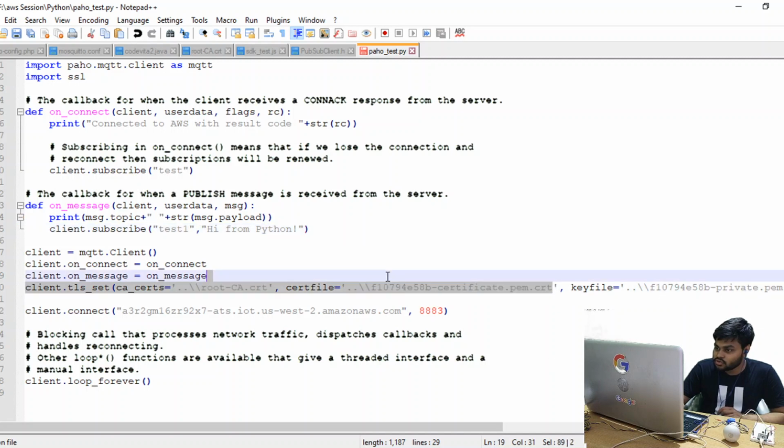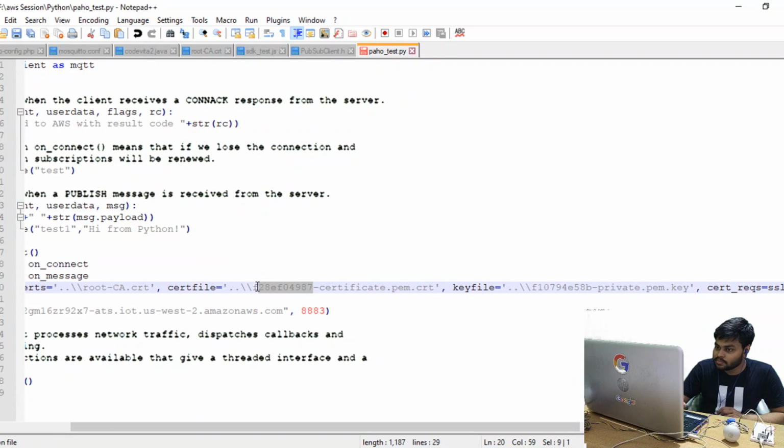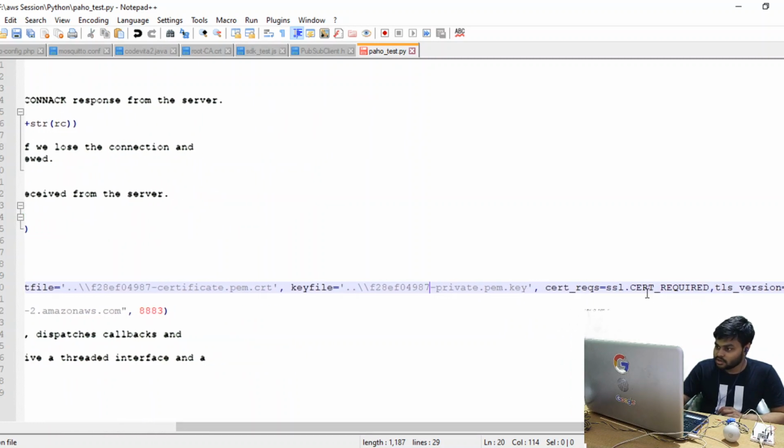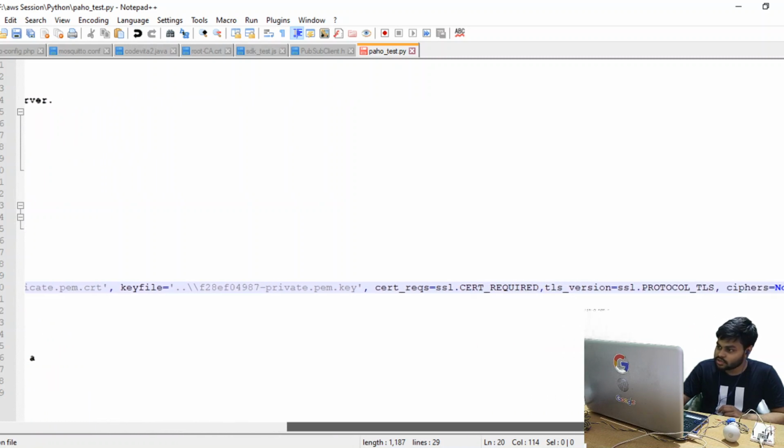Okay, so first this is the certificate file, and the private key file can be, just change these alphanumeric characters, and ssl.CERT_REQUIRED, tls_version ssl.PROTOCOL_TLS, ciphers None.